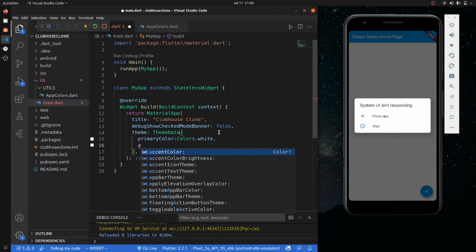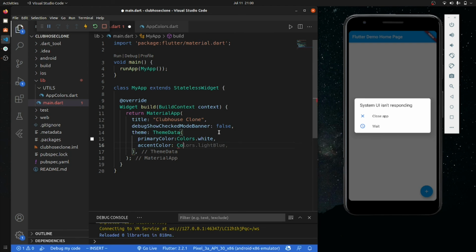After that I'm gonna give it an accent color, so it will be Colors.green that we want.